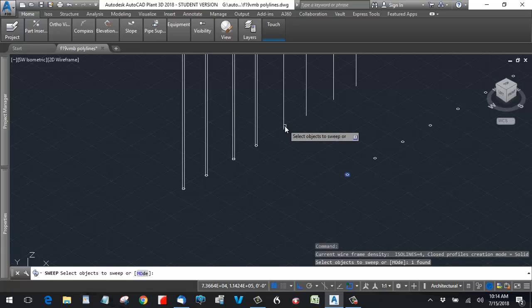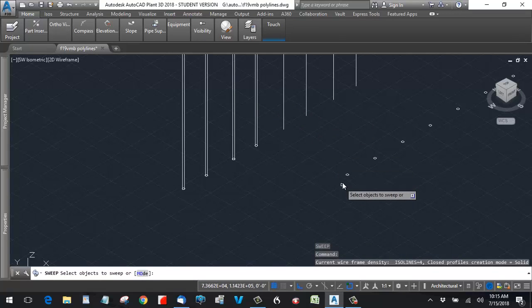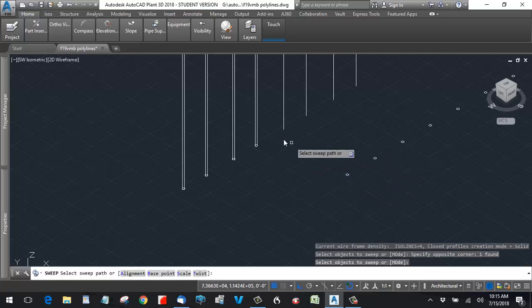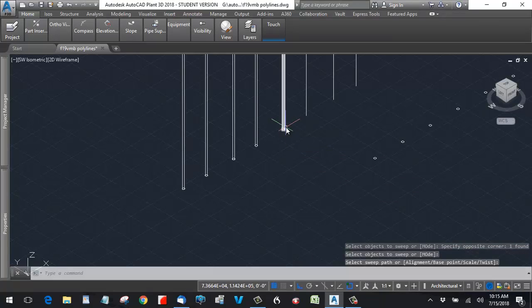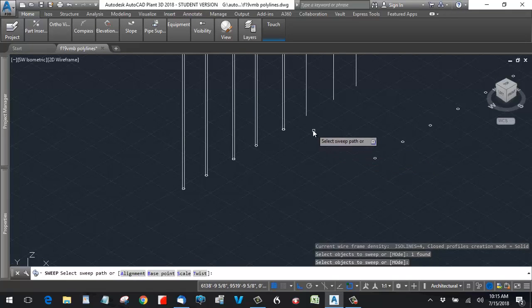Sweep, enter. Oh gosh, I screwed up again. Select the object, enter. You notice that the circle was blue for a second,